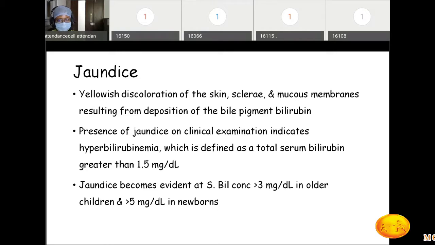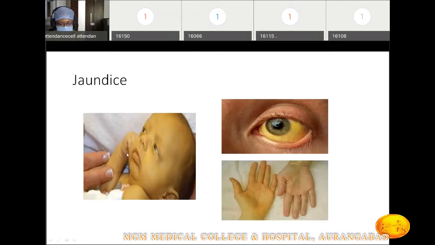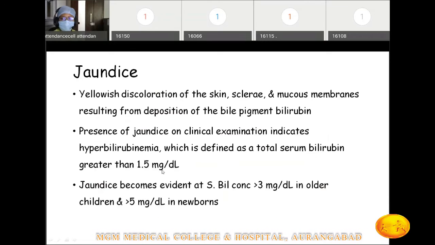Or you could get a muddy conjunctiva due to exposure to dust. That also could sometimes be confused with jaundice. But usually these are the two things that might look like jaundice. Other than that, whenever you see a yellowish discoloration of these surfaces, you would think of the person having jaundice.